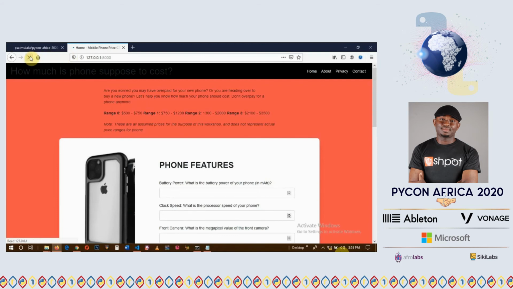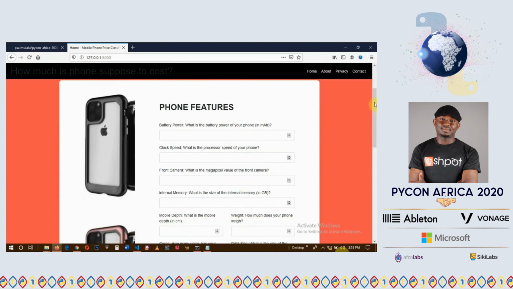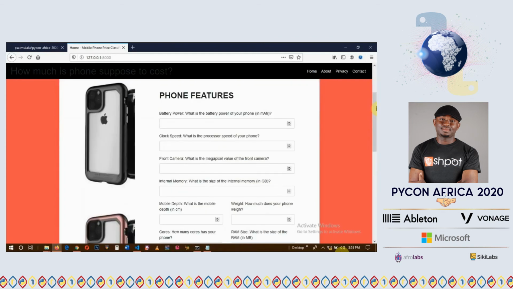If this took a little while before coming up for you, that's because you're actually loading Keras and TensorFlow. It tends to be a little bit heavy on some pieces. So let's enter some test features and then check out what our model gives us as a prediction. So let's say we have a battery power 563, we have a clock speed of 0.6, and then front camera 40, mobile depth 0.6,